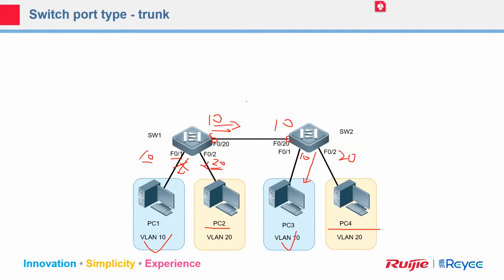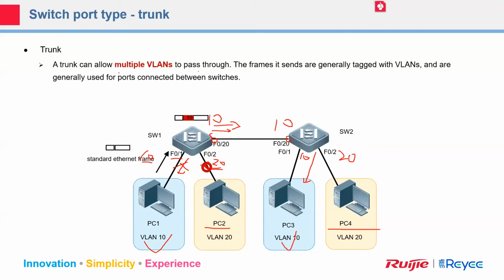So that's why on this topology, we need a new interface type. This one we call trunk, right? Trunk means we can allow multiple VLANs to pass through. And this frame is usually sent out with the tag together. And this interface usually will be used between the switches. So pay attention to the trunk interface. If this interface is a trunk,